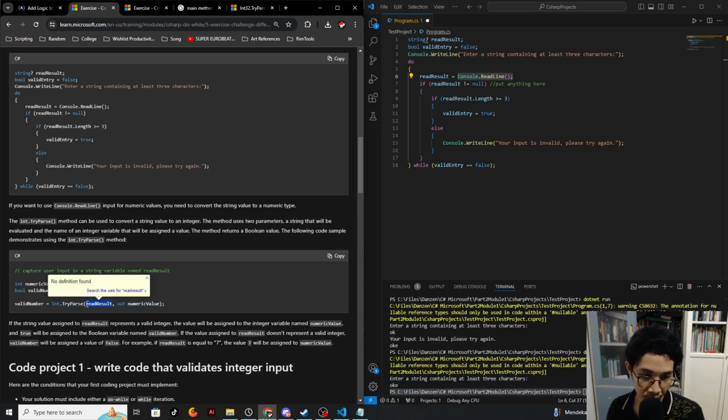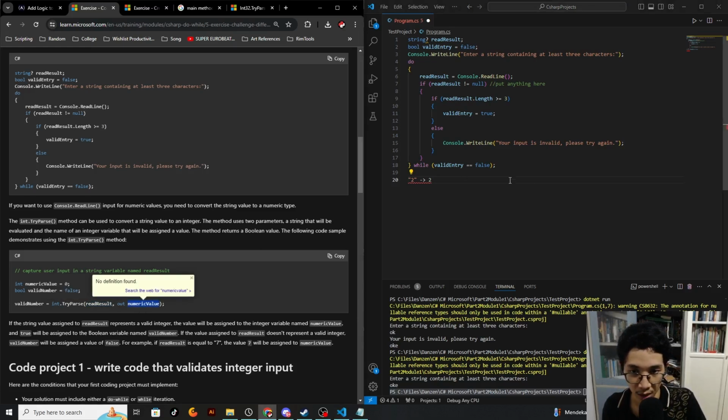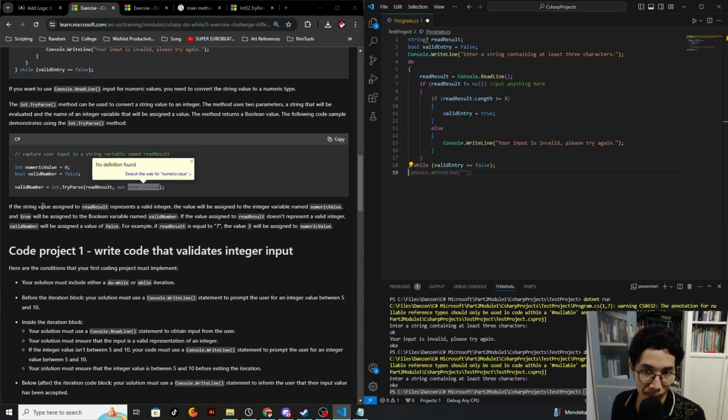Otherwise, if we put numbers but in string format, let's say we put 2 in string format, then it will be converted to integer 2 in numeric value. Okay, I got it. If the string value assigned to read result represents a valid integer,